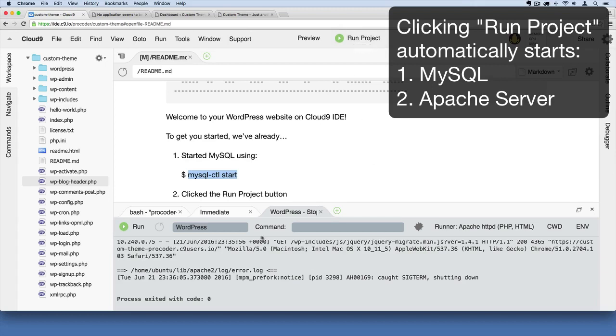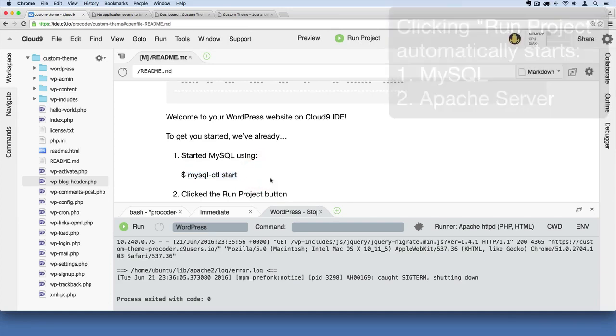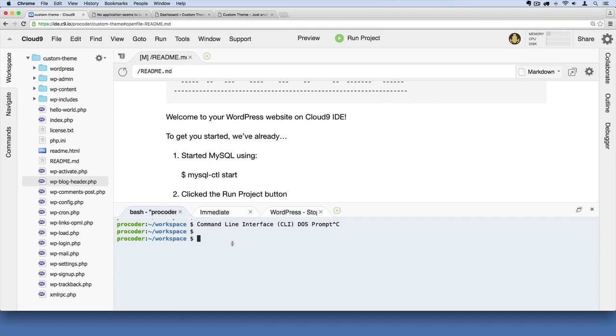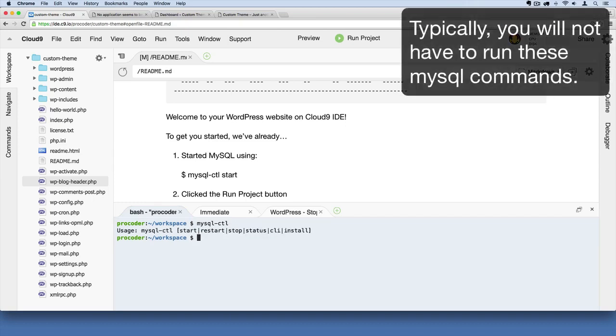Okay, but in the very rare instance that you're noticing that maybe your database isn't running whenever you start this up, you can go over here to your terminal, and you can type mysql-ctl and then hit enter, and you'll see you've got some options here. This is your MySQL control. You've got some options, and you can just say